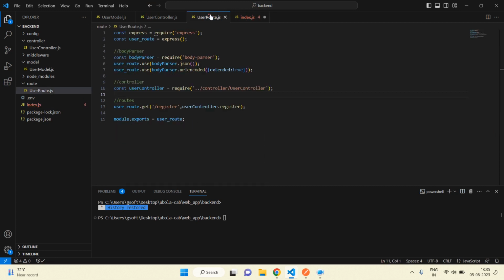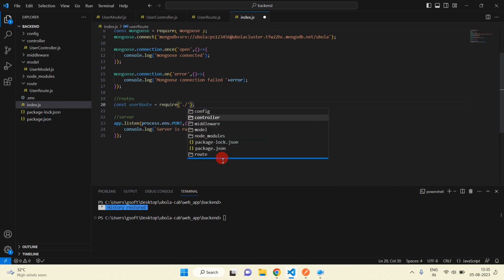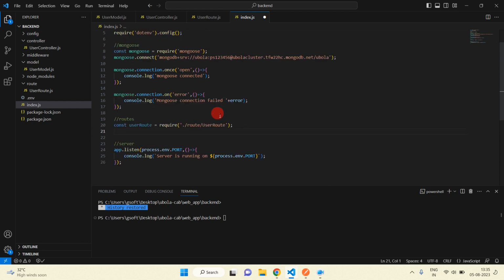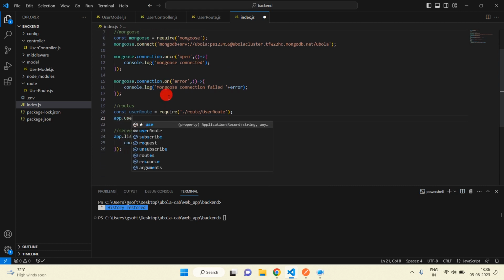We have user route, so here we will use user route, and then import this from the route folder, and we have user route, and with the help of express app dot use, and inside use